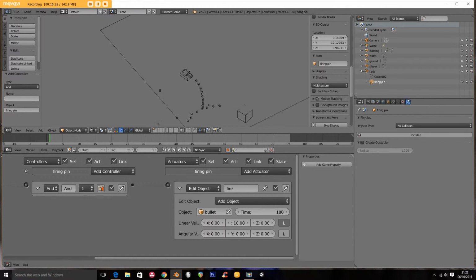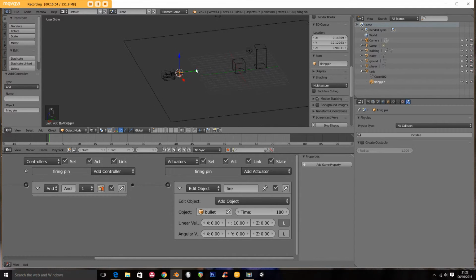Oh, let me get away. There we go. And it's always good when you can move faster than the bullets. And you can see the bullets start to disappear because they only last for 3 seconds. And then they disappear. Okay, so